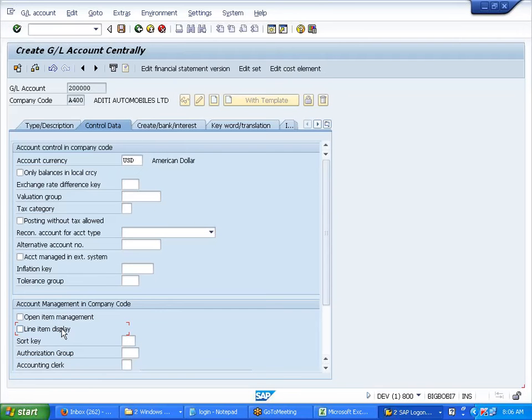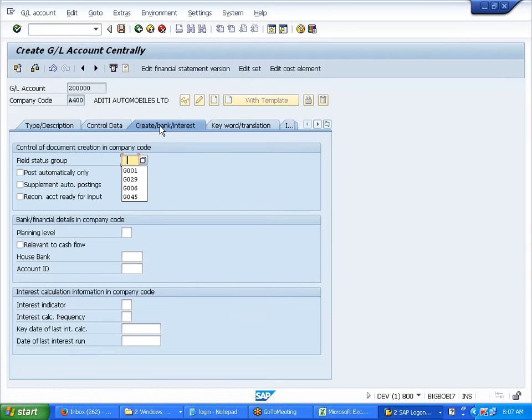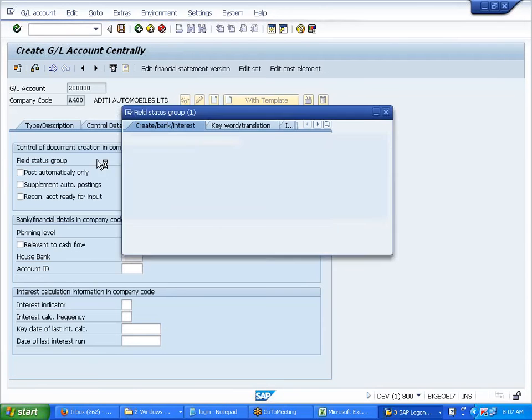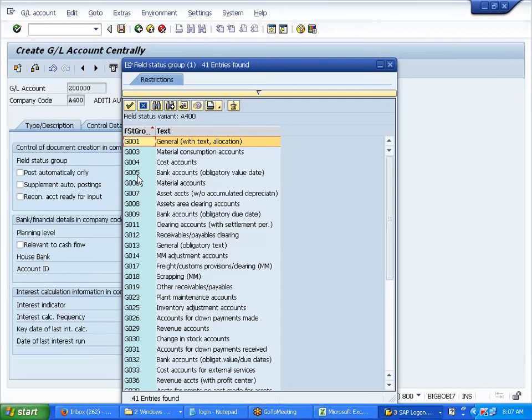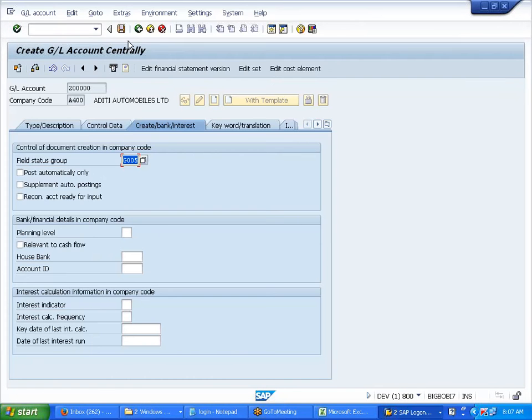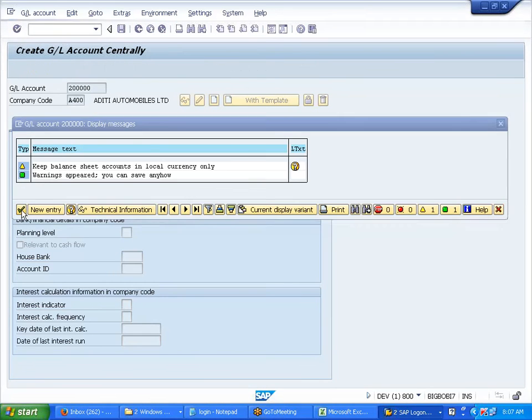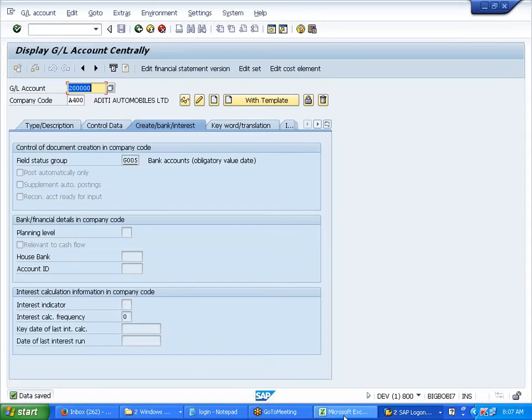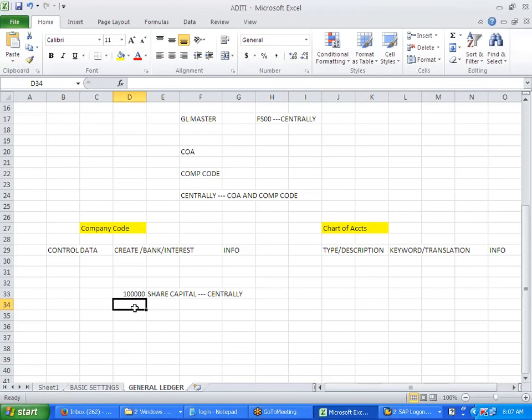Control data. Line item, as per my posting date. Now here see, I'm changing my field status group. I'm changing it to G005, bank accounts. Okay, bank. I'll save it. Done. So two GL accounts I have created centrally, right?